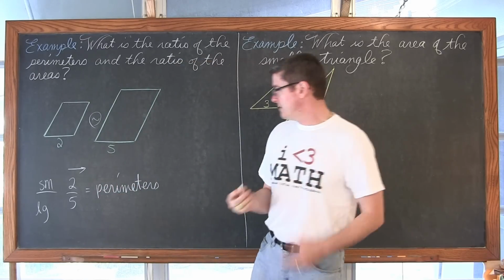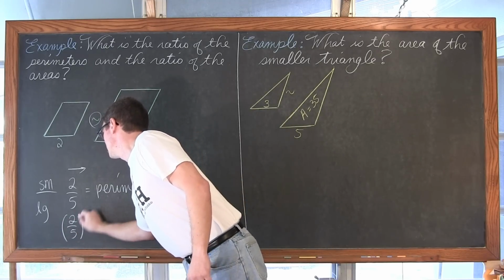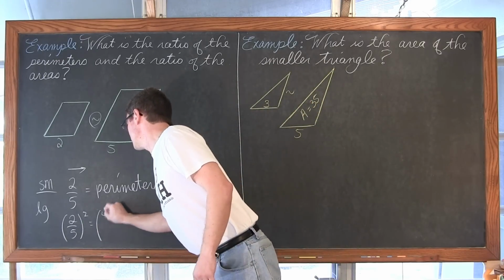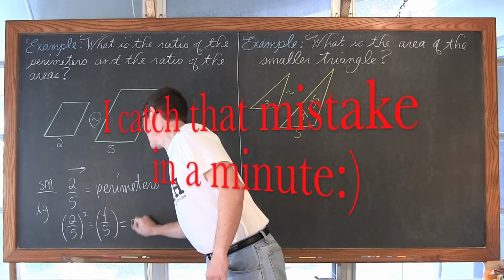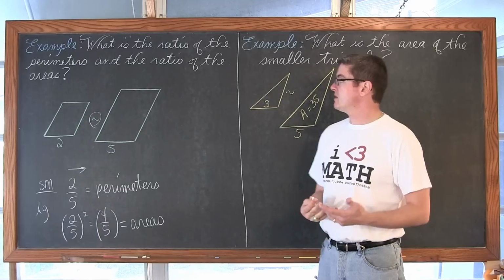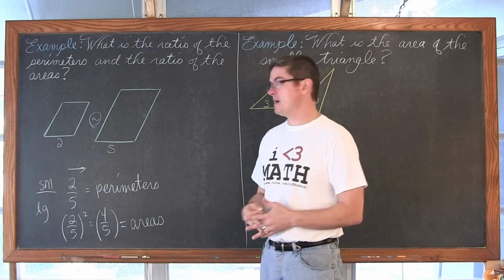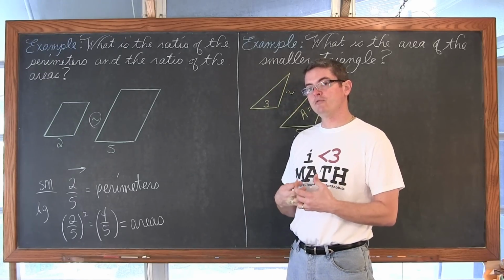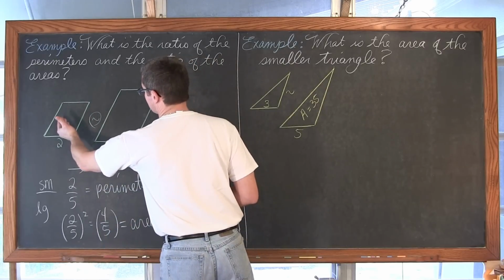And then the area is going to be that ratio squared, so it's going to be 4/5. And I don't know why I'm wrapping this in a set of parentheses. So the ratio of change, the proportion of the perimeter is 2/5, just like one pair of sides if they're similar. The area is going to change by a ratio of 4/5. Now that is if we decided to set this up as going from small to large.